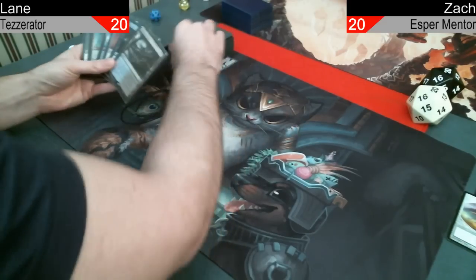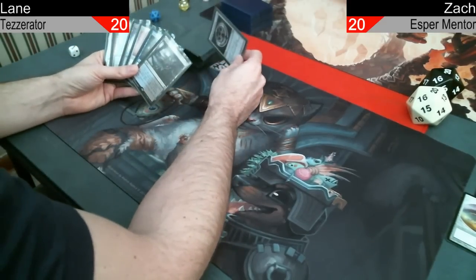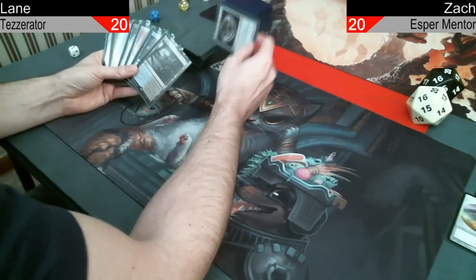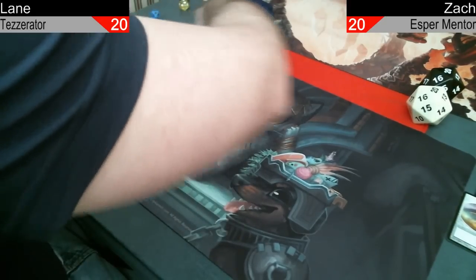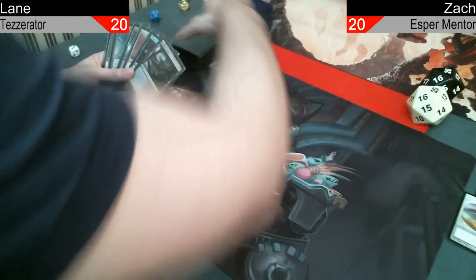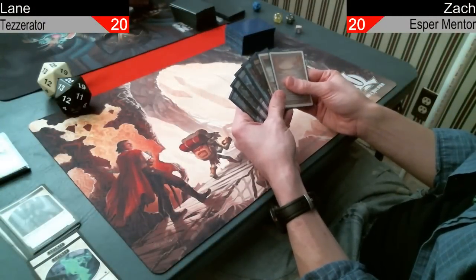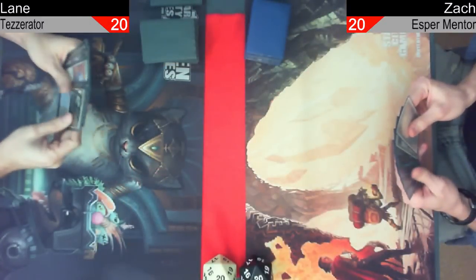So we're going to go ahead and scry here. I think we go ahead and put this at the bottom. I feel like we've got enough mana, and we don't really have anything we're trying to rush towards. Alright, my hand's keepable as is. And I'm on the play, so I'm going to go ahead and